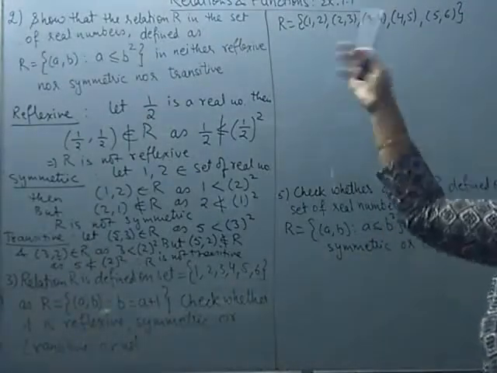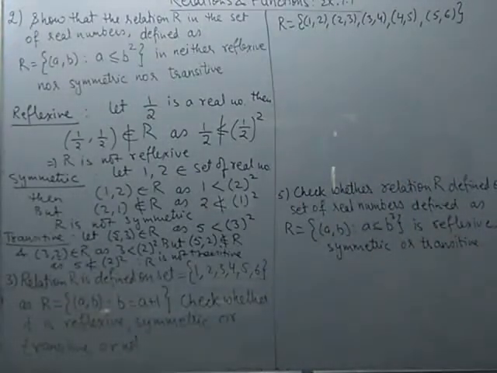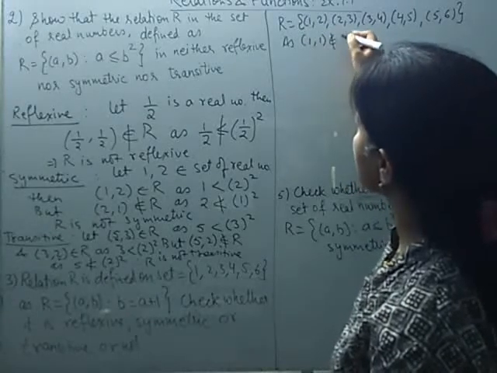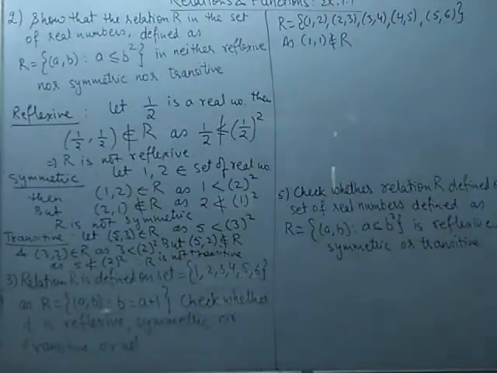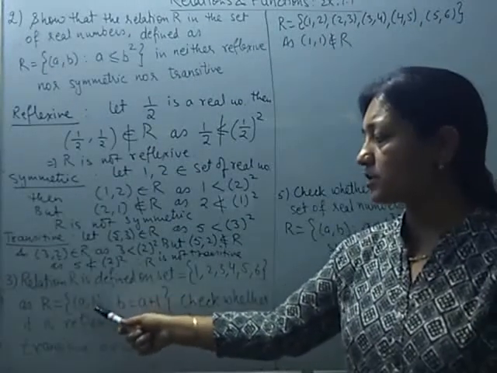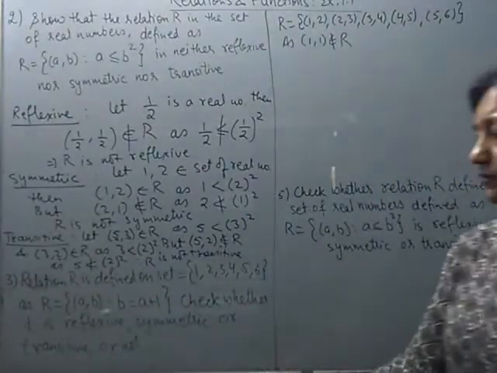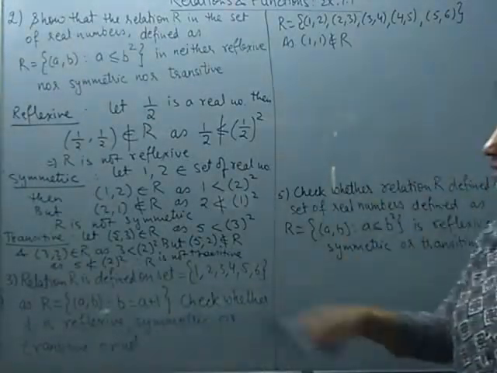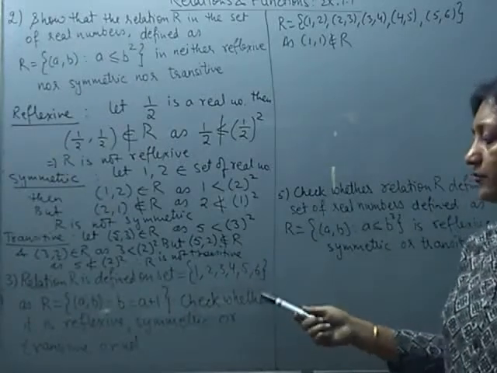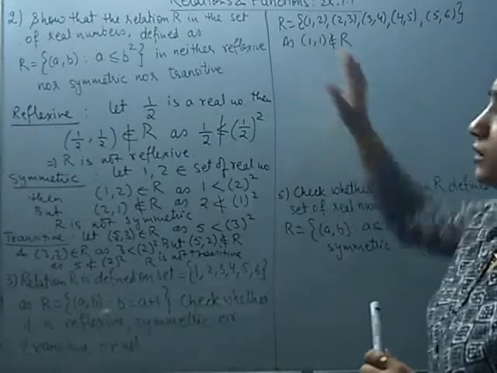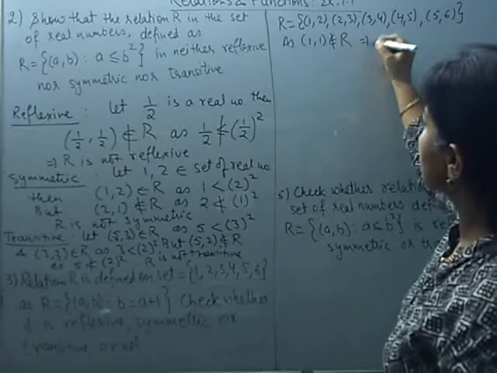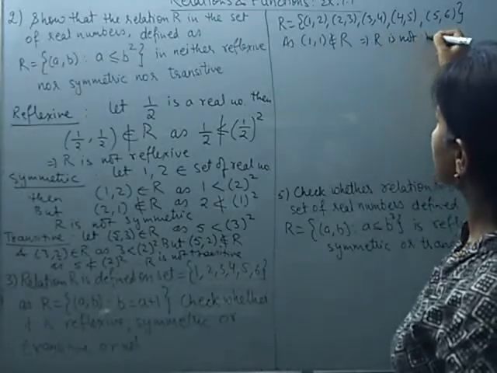Now you look at all these pairs, you will quickly come to know it is not reflexive. Very easily we can say, I can write 1 comma 1 does not belong to R, because for the relation to be reflexive, the first element should satisfy the given relation with itself. And we all know none of the elements is 1 more than itself. So I will never get a pair like 1,1, 2,2, 3,3, 4,4, 5,5 or 6,6 in this relation. So only one we need to justify our result. So I can write 1 comma 1 does not belong to R. This means R is not reflexive.